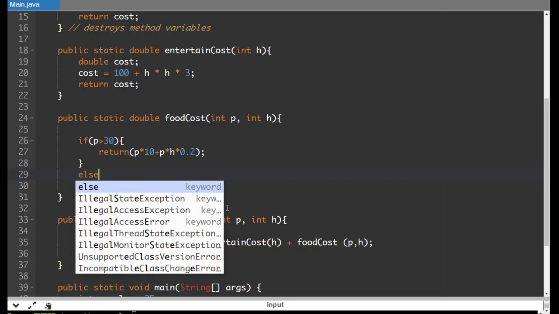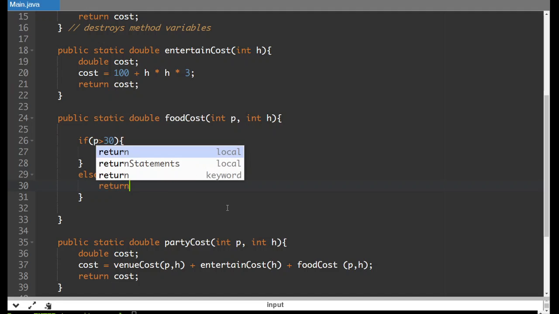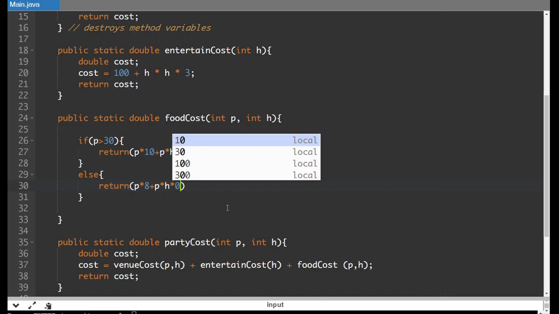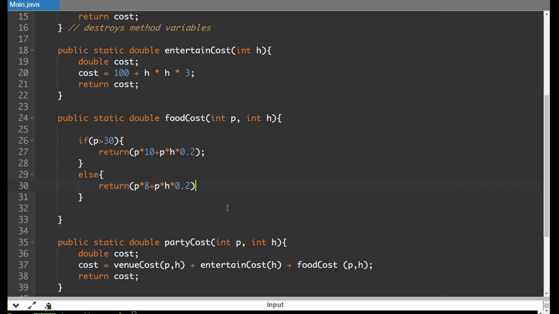And then otherwise, we are going to return p times 8 plus p times h times 0.2. And then what that's going to do is it's just going to calculate this, and then the value of this will get dropped here where we're doing the food costs. I left a space there. That should be removed. So if I run the program here,